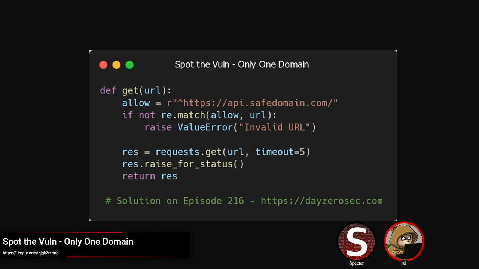The problem is, and this is a common problem in regex and in validation, these dot characters. The period character in regex is a wildcard character. I have used this in a Spot the Vuln before. Unfortunately, I was a little bit lazy on getting it up this week. But because that is a wildcard, basically any character can be there. It doesn't have to be a period, so you can register something like API-x-safe domain without a dot in there, and that too will match where the period is, allowing the whole regex to pass.